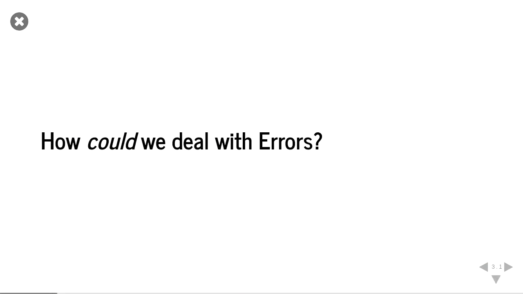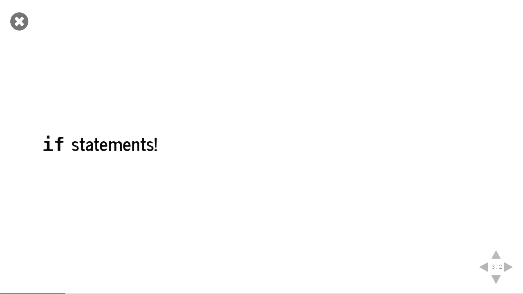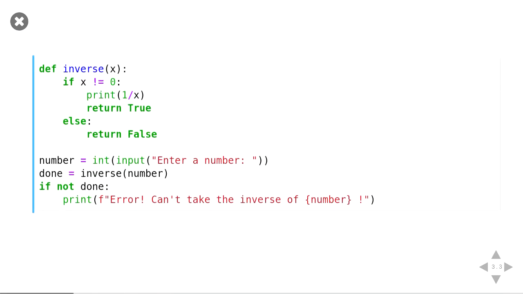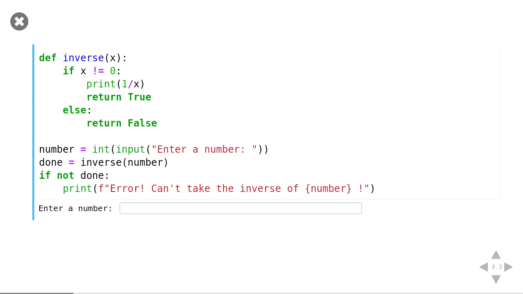So what's one way of dealing with errors? Well, we could use if statements. We could, for example, check to see if our function takes in a 0, and if it does, we can return false. Otherwise, we can return true and print out what the reciprocal is. And so in this case, we can put in 1, and we get 1. Or if we put in 0, we'll get a custom print message here that says, error, we can't print the